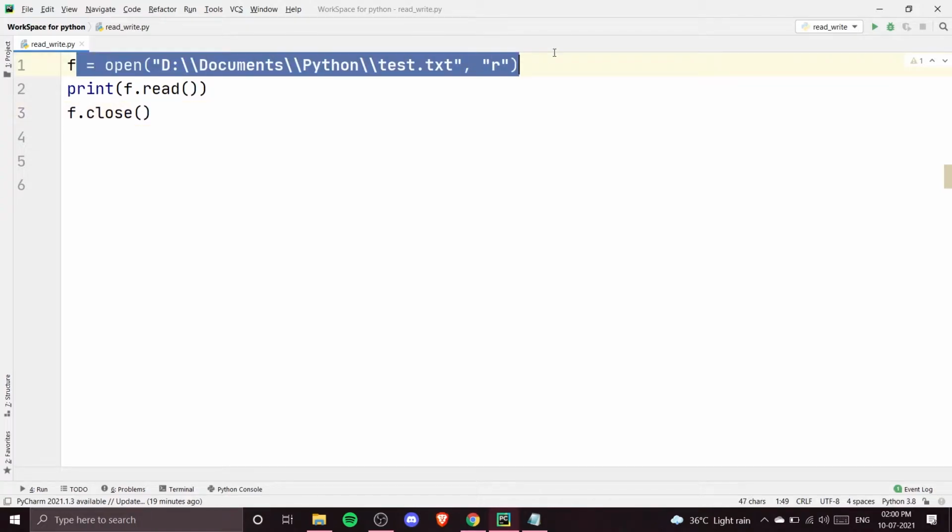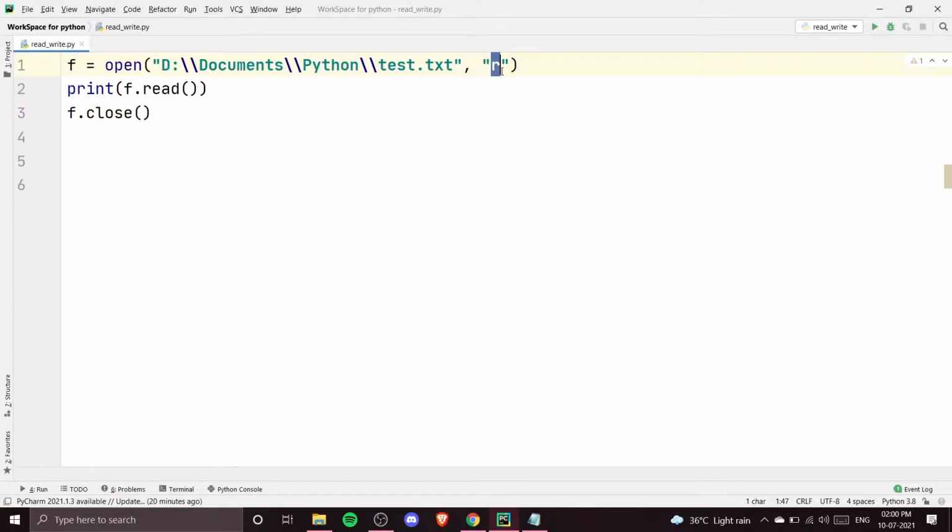This is going to read the file using the R mode, which is the read mode, and then it is going to print the contents. f.read is going to read the test.txt file, and this print function will print all the things that are written onto that file. And then after that, it is going to be closed.